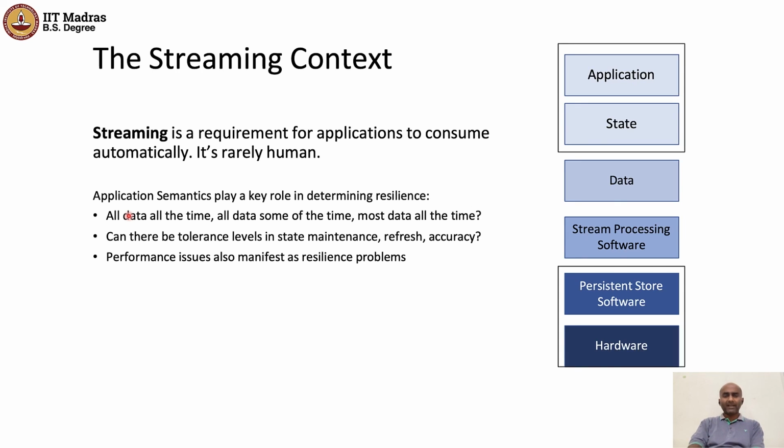So application semantics plays a key role in determining the resilience. Here the resilience comes down to the fact of how I deal with changes to the tickets column. So what that means is